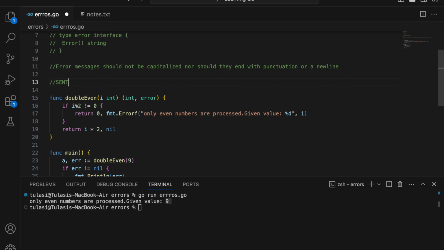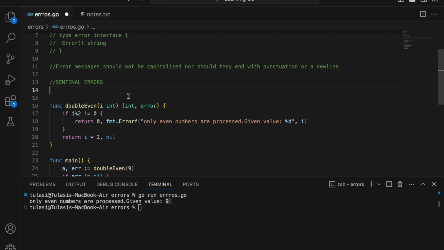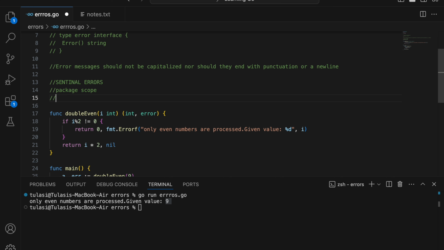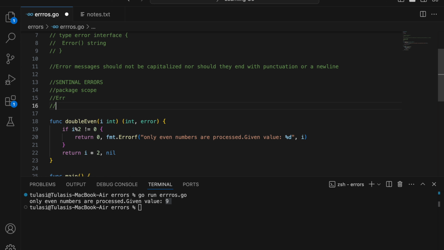Next, let's talk about Sentinel errors. They are used to signal that the processing cannot continue due to the error in the current state. So our program must stop right there, and there should be no continuation. These variables are declared at package scope, and by convention their names start with Err. For example,